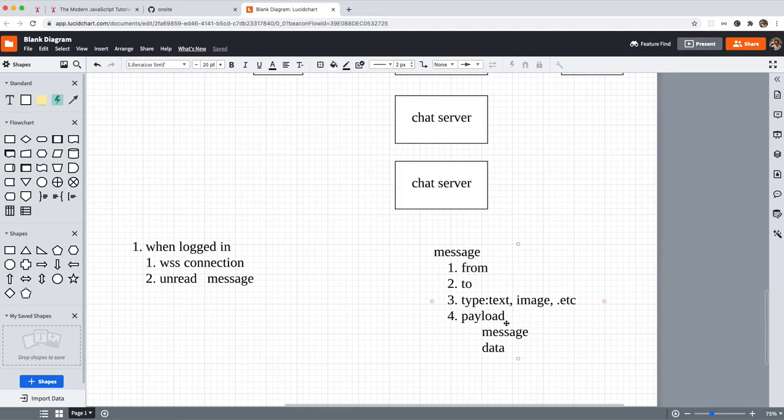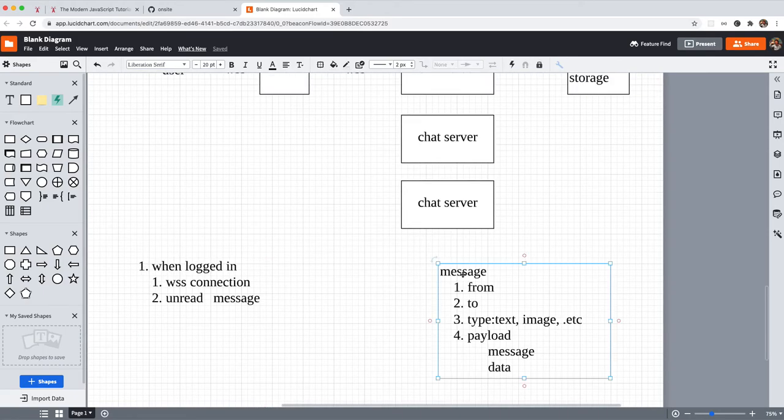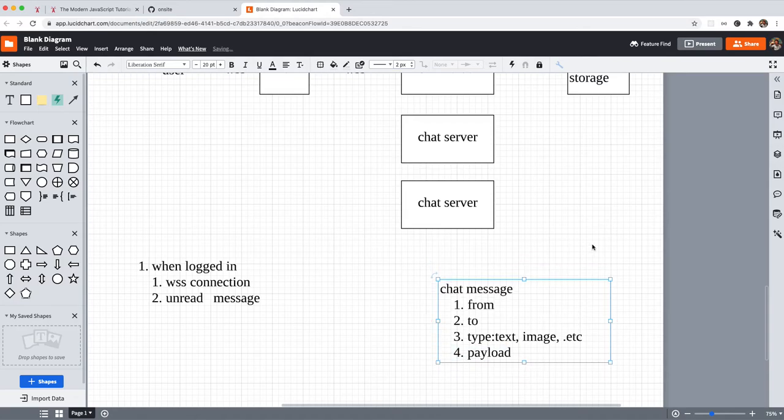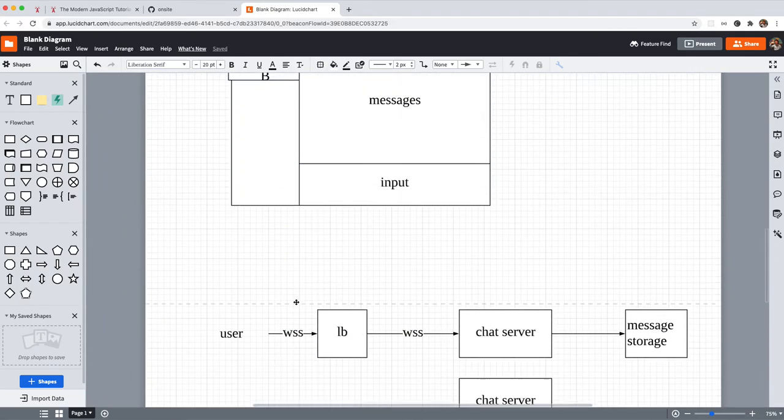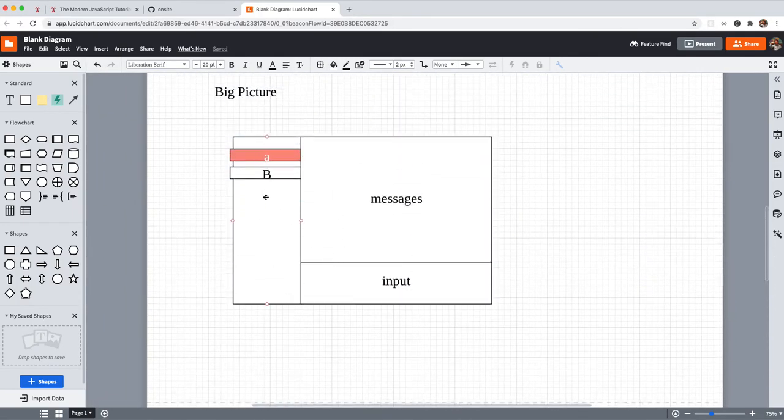Under payload, I think it should be a message and data. Oh no, this is the message for the chat message. This is not the WebSocket message. The payload, yeah, something like this. This is chat message. Cool. The user will get the unread messages and render, right? And it will attach the